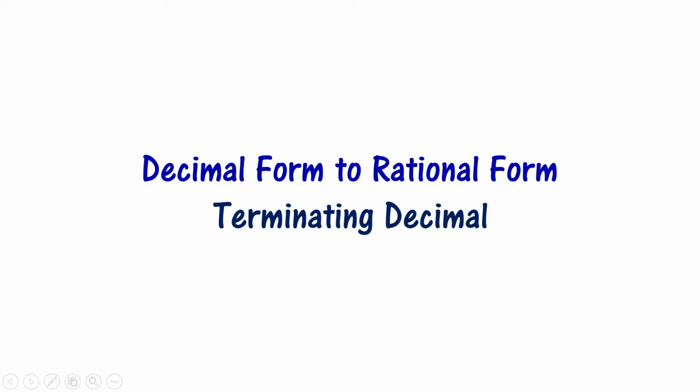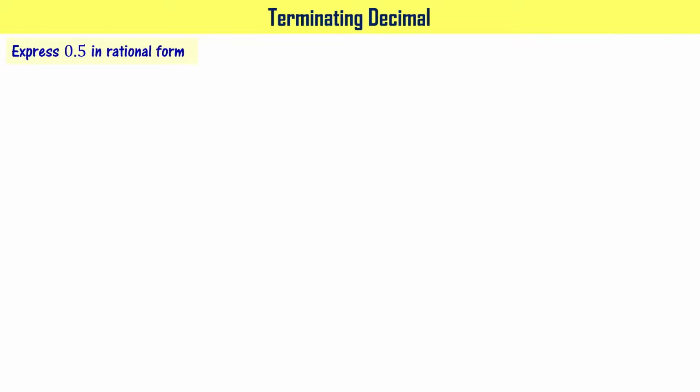Now let's learn about converting decimal form to rational form. First one, we are going to learn about terminating decimals. Let us express 0.5 in the rational form. We know 0.5 equals 1 by 2, right? But let's try to do that in a systematic manner so that we can learn the process, right? 0.5 is a terminating decimal, right? Because we don't have an overbar on 0.5, right? If I write 0.5 with an overbar, it means it is not just 0.5, it is going to be